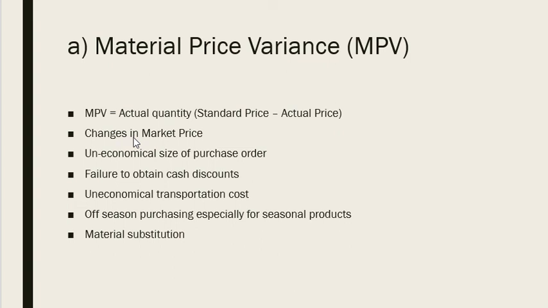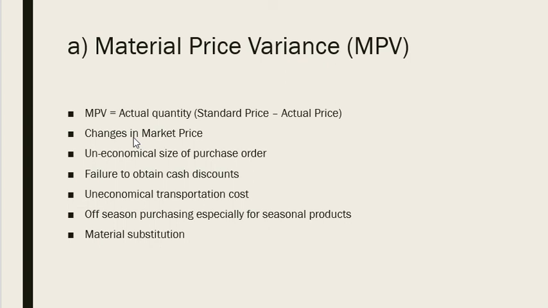The factors or the reasons for incurring material price variances: changes in market price. So when market prices change, cotton prices now might be 1,000 for 3 bags, but based on the demand, as the demand is more, there is a chance of increasing or decreasing the price level of the product. So when there are changes, the actual and standard will vary.